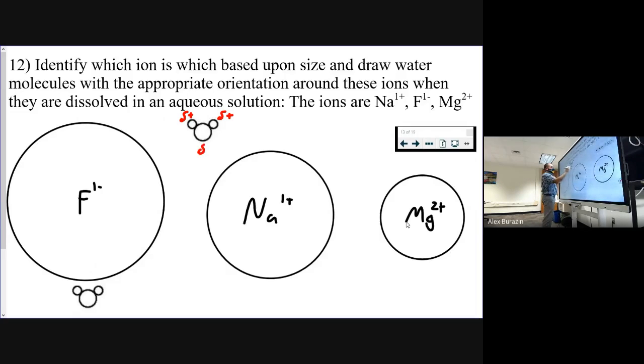The oxygen is partial negative. Now, the reason they are that way is because of electronegativity, right? Oxygen is more electronegative. It pulls the electrons towards itself. You get a partial negative charge. So when the water molecules dissolve these ions, we would totally expect these waters